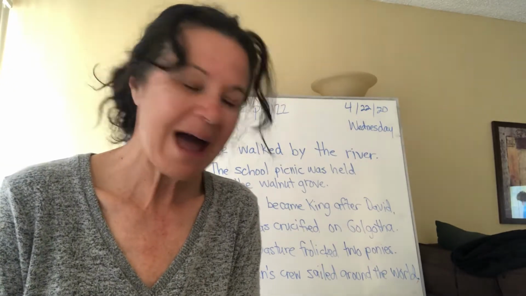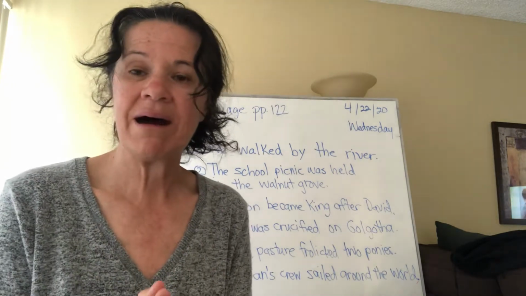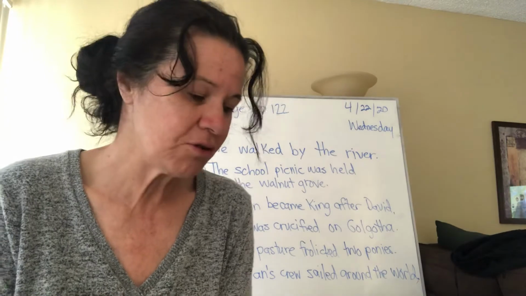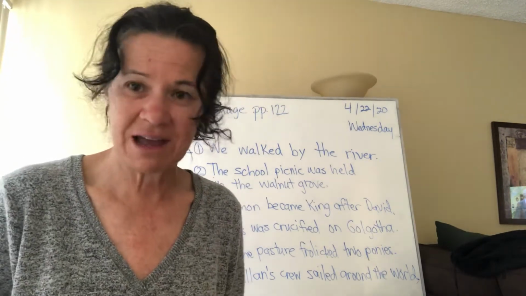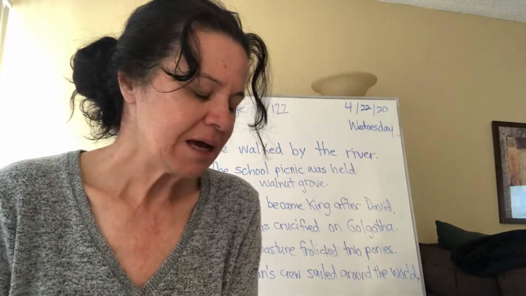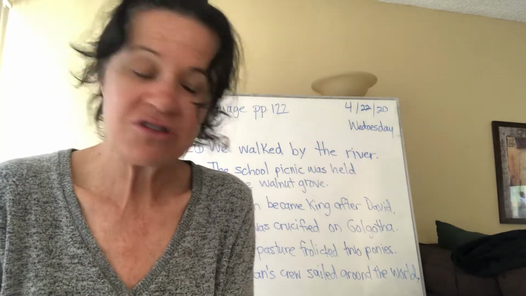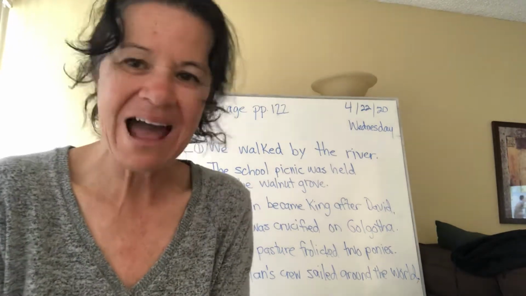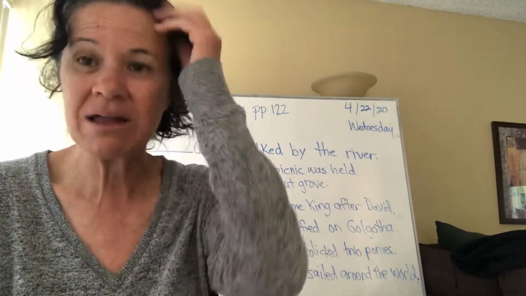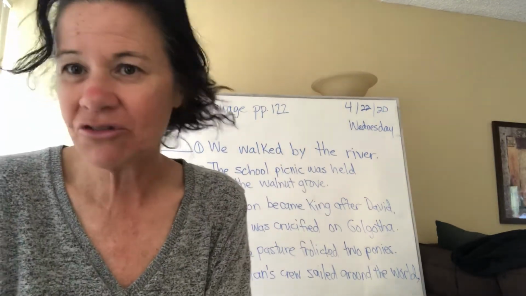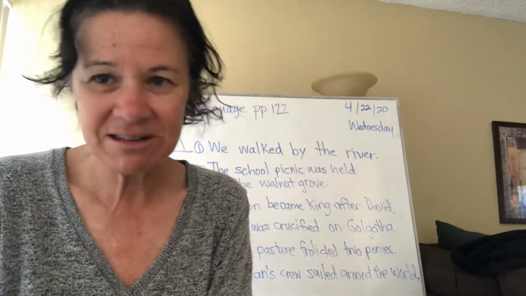We're going to do it in two parts. So let's look at page 122. We're going to do 122 to 124 today, but I want us to look at part one on page 122. It says prepositional phrases used as adverbs. So yesterday we talked about using them as adjectives. So you're going to see the same concept, except you're going to be looking for verbs that the prepositional phrase modifies or gives us details about.